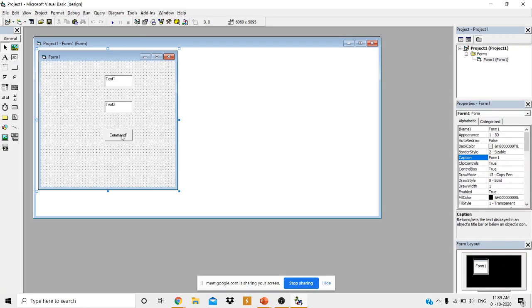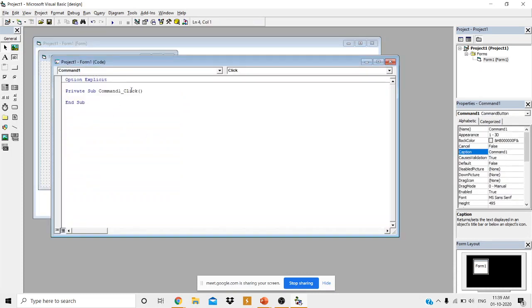I will write the code for the command button, because when I click on the command button, the message box has to be displayed. Click is an event of the command button, so I have to write the code for the command button click event. Now observe here, I will add two numbers.